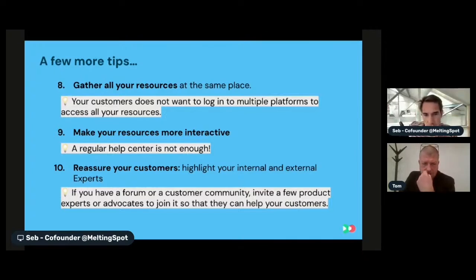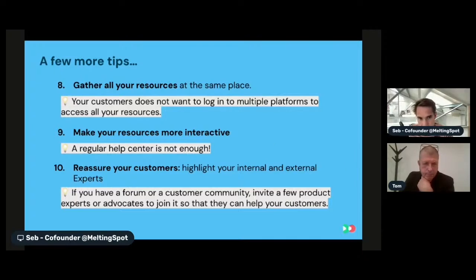There's a number of ways you can make them contribute to the relationship, and avoid very one-way type of content. So playbooks are great, newsletters are great, but there should be more to your customer success service model than that.